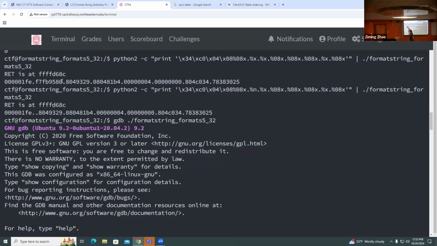Okay, so this is the saved EBP address of printf. So we have main at the beginning, main calls valve, valve calls printf, right? Then that is printf. Printf has this saved EBP, which is F7FB9588. And the valve calls that. Then it has a return address, which is 80